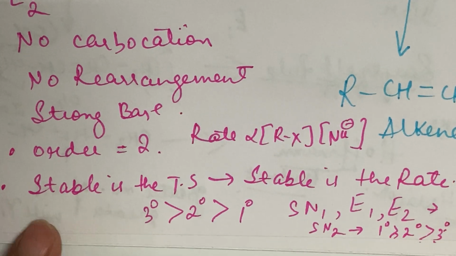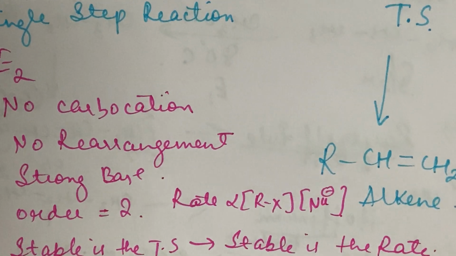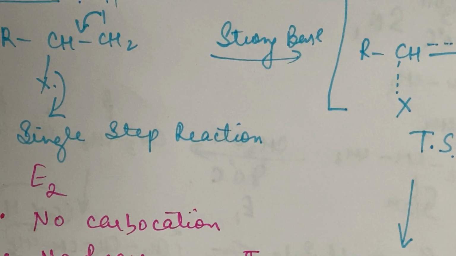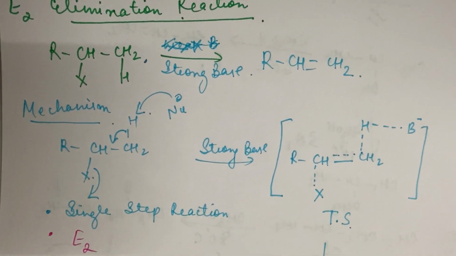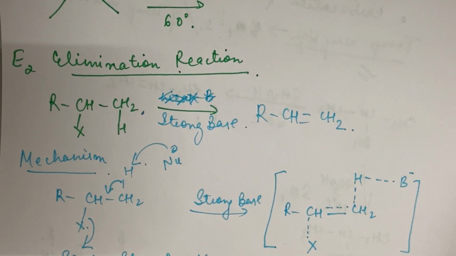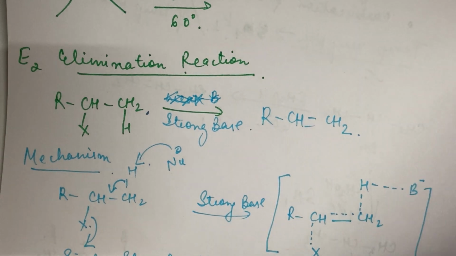Okay, all right. What type of solvent can we take here? Obviously, as with the SN2 reaction, the solvent should be polar aprotic. And then the leaving group should be good. If we have a good leaving group, it means that the reaction will go faster. And is it endothermic or exothermic? It is endothermic. The same points which we have written about SN2 will hold for E2 also. Alright, so we can solve some questions now.